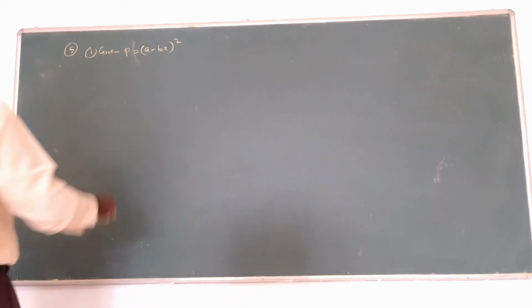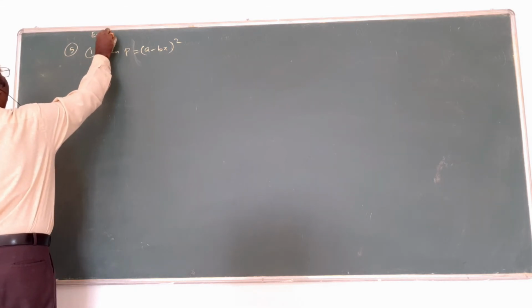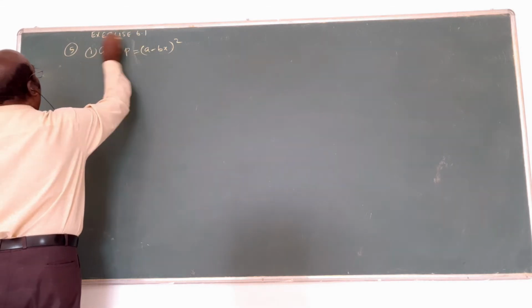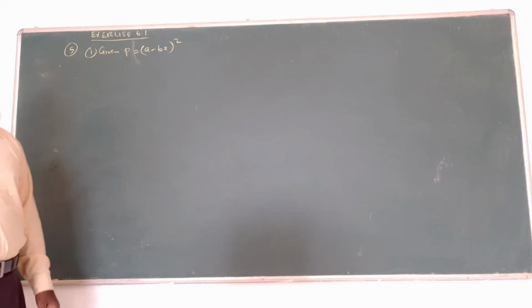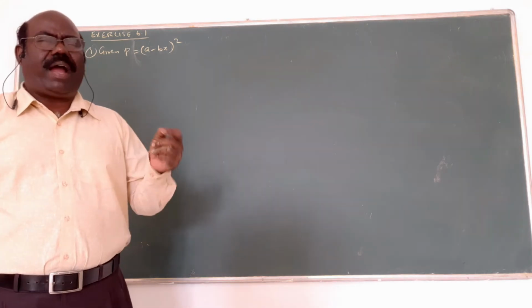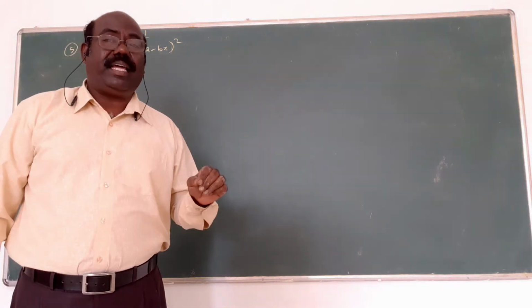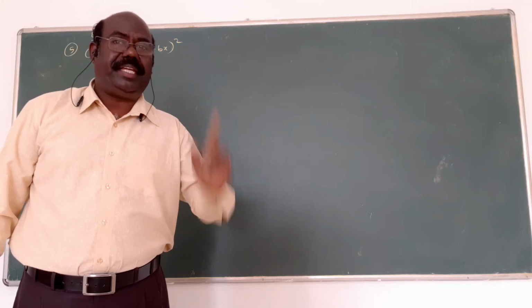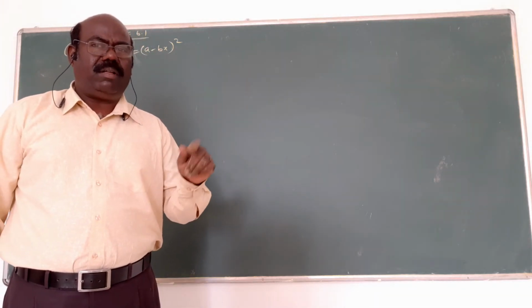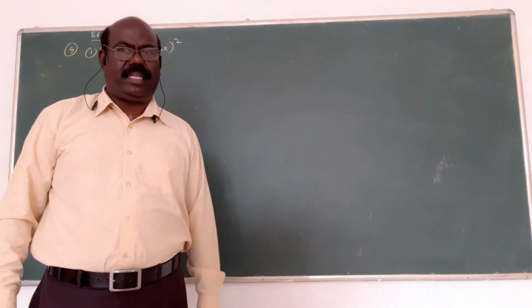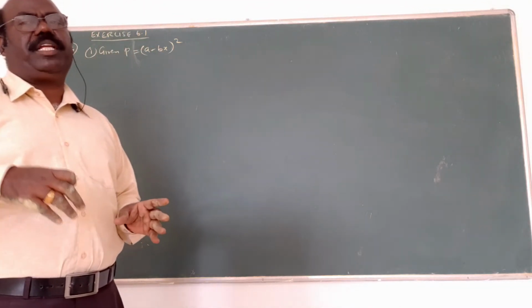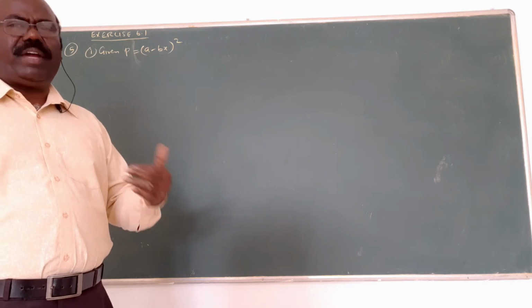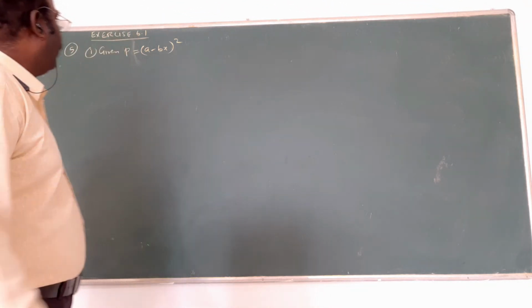Exercise 6.1, question number 5. This is given. Now elasticity of demand is asked, the same thing. And also, what is asked now? Find the value of x when the elasticity of demand is unity. That means beta d is 1, and x is what is asked. After finding the elasticity of demand, put it equal to 1. From that, you will find the value of x. Now this is given.